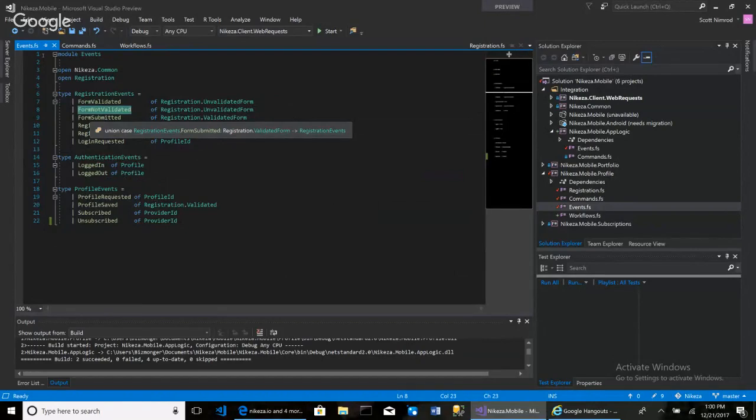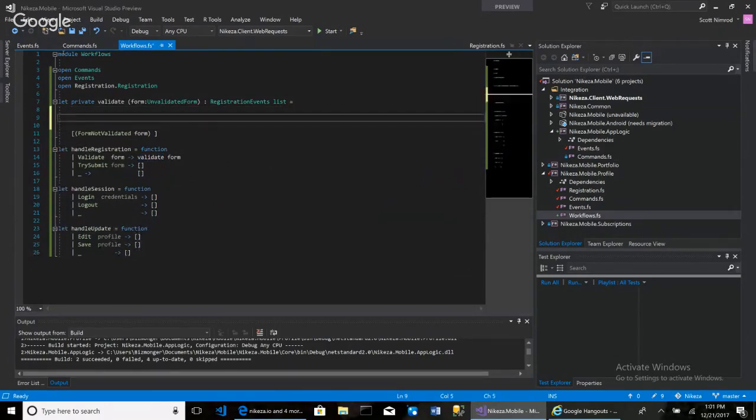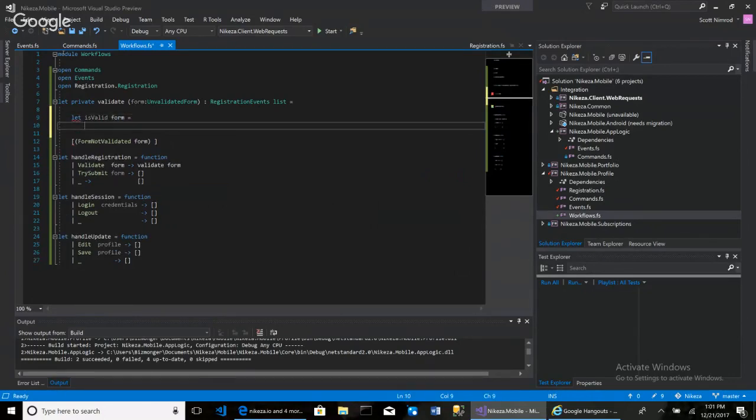Then you also have form submitted. Okay, but that's not, yeah, form not validated. Now, that's when validation is successful, right? So in here, we could probably have an inner function called let, we could have like, let is valid, and then pass in form equals, and then I don't know, you could say if this is probably